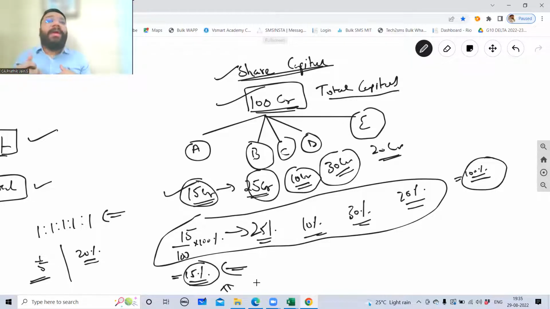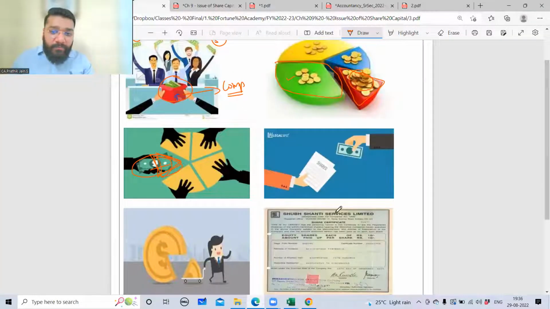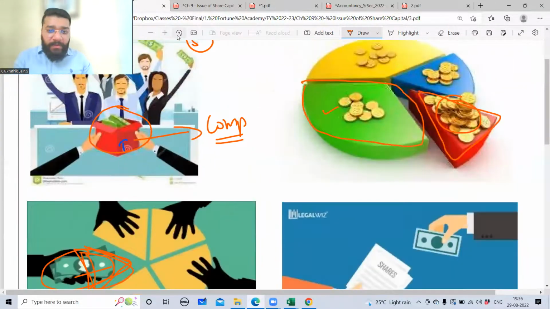So in return, what do I give? See, you give me money. I give share. Along with the share, I give you a share certificate. Because anything that is said orally is not acceptable. So you need to have some proof, evidence. The evidence we give to support this transaction is called a share certificate. So you can look at this. I've taken an